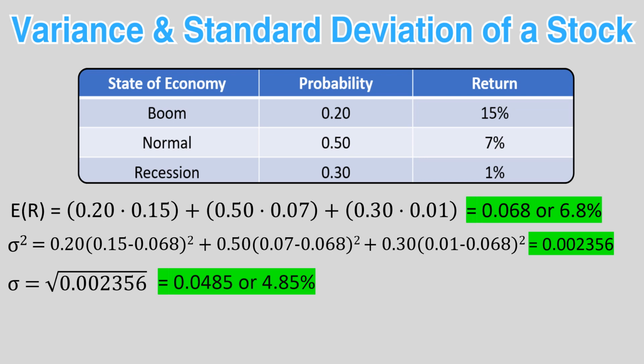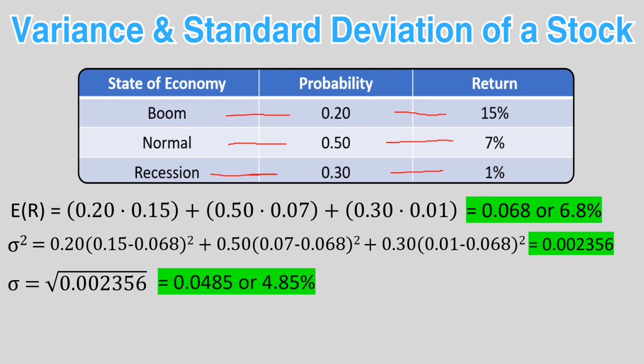So just a quick recap, we got three states of the economy. We got a boom state, a normal state, and a recessionary state. Our stock has a different return based on these states of the economy. So there's a 20% probability that a boom state is going to occur, a 50% probability that a normal state is going to occur, and a 30% chance that a recession is going to occur. If a boom state occurs, our stock is going to give us a return of 15%. If a normal state of the economy occurs, our stock is going to give us a return of 7%. And if a recessionary state occurs, which has a 30% chance of happening, our stock is only going to give